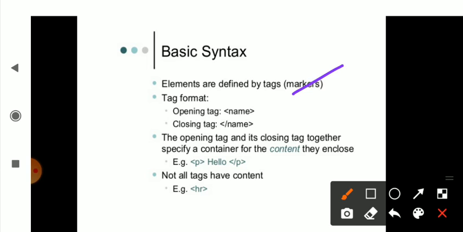So how it is defined is that you open with the tag name. It may be a paragraph, a heading, or a title. Whenever there is an opening tag, it also has to be closed. Remember that opening and closing is there in any of the tags. When a tag is being used, another important thing is that it can have certain content within the tag. Some tags have contents, and some of them don't.